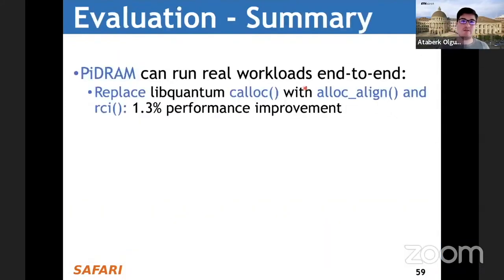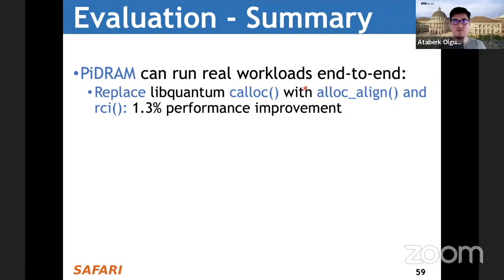Now I'll summarize what we have talked about on the evaluation side. PyDRAM can run real workloads, the infrastructure as is, end to end, using new processing using memory techniques. To demonstrate this, we have run libquantum, and what we did in libquantum was we replaced calloc calls with allocaline and row clone initialization.